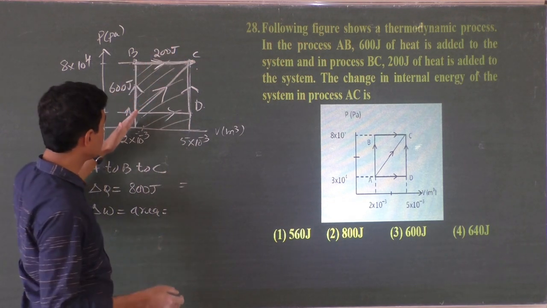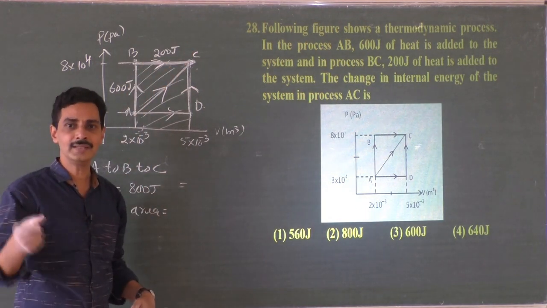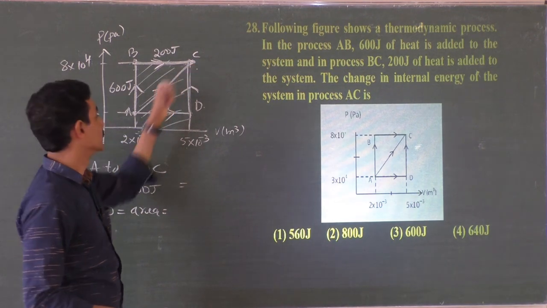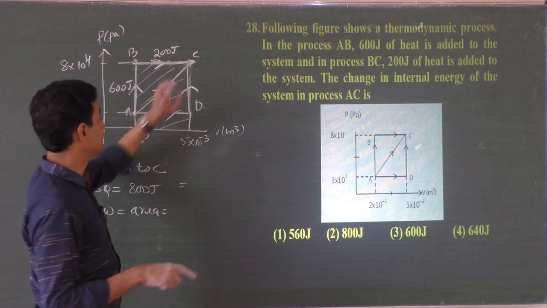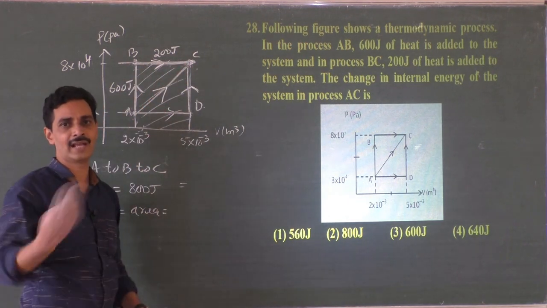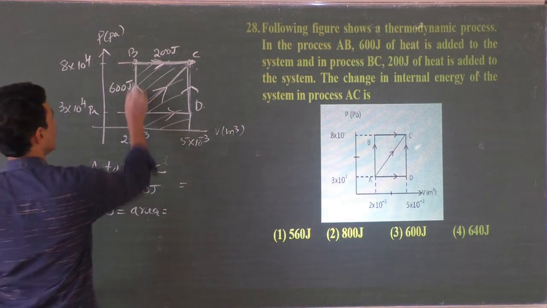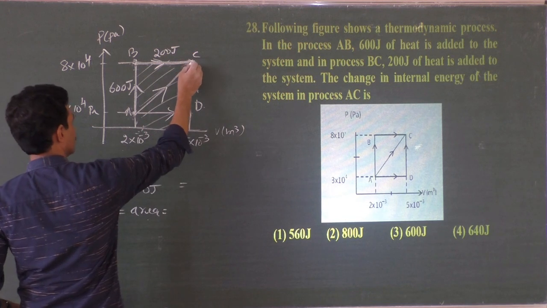A, B, C, and the change in the internal energy when you move from A to C. We are arguing that change in the internal energy is same since the initial and final points are same. So area under ABC gives the work done during ABC. But change in internal energy through ABC is same as change in internal energy through direct AC. So delta W, area under the full graph ABC, it is not a cyclic process. It has nothing to do with the second process A to C.